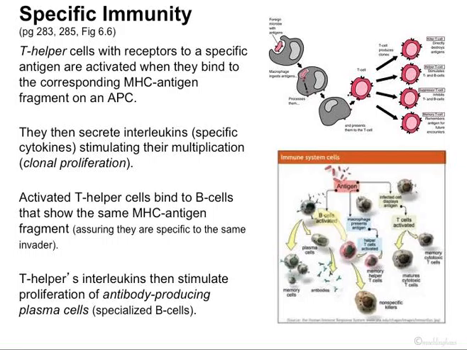So that will help us understand it's the same, we're going to work for the same invader, because all those cells are very specific. The B cells and the T cells are very specific. So then the B cells are activated through that, and then the B cells interleukins, the T cells interleukins, so the little hormones that the T cell will secrete after they combine together, will then help proliferate the B cells that are specialized to produce